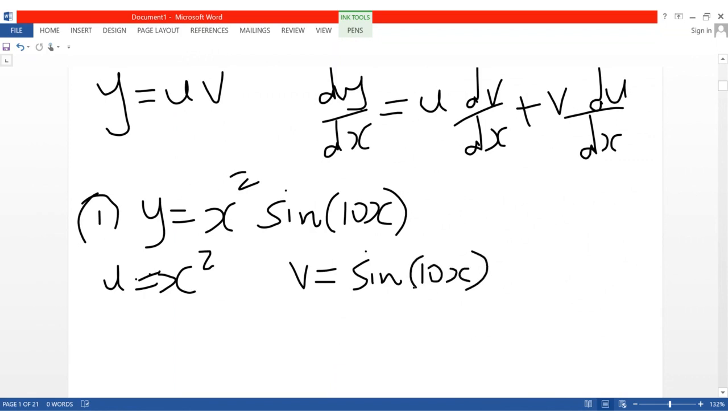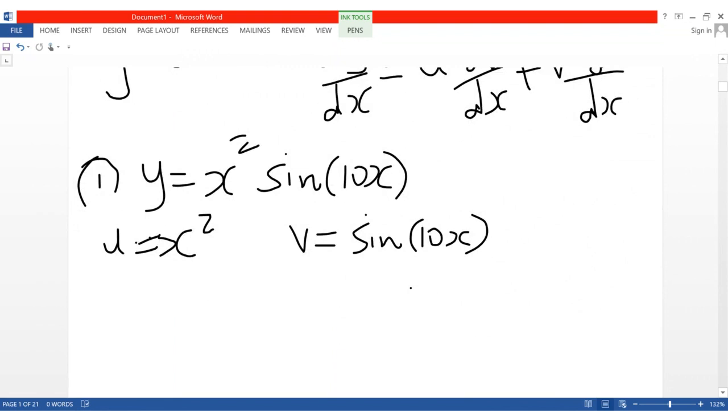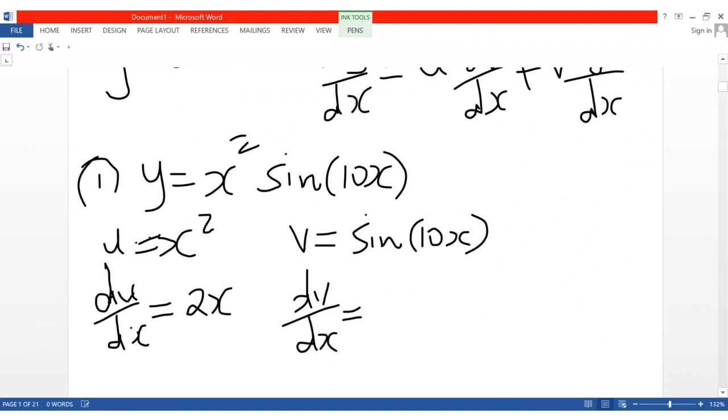Then I'll come and differentiate this one. This one always, we move from the left to the right. So I'll have here du over dx. Differentiate this one, you get 2x. This one I'll have dv over dx. This one now, you see, there's no need of introducing